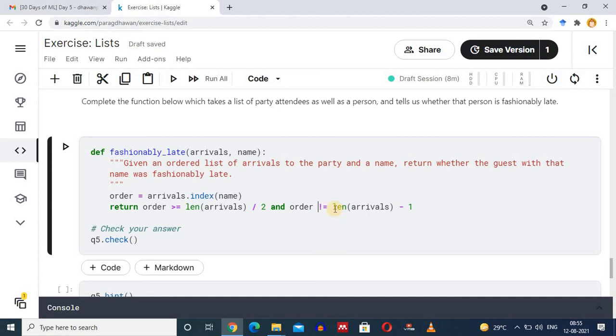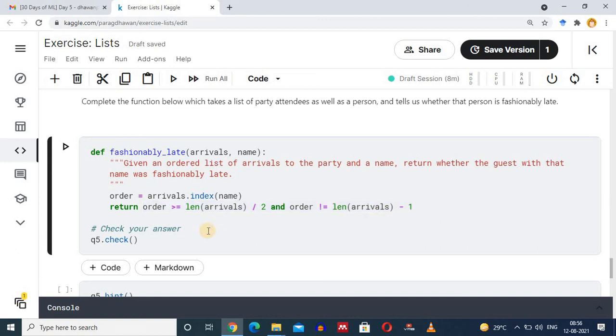The last index is found by length of arrivals minus 1. So we are checking two conditions, whether the index is greater than half of the list and the index is not the last index of the list. If these two conditions are satisfied, this function returns true, otherwise it returns false.